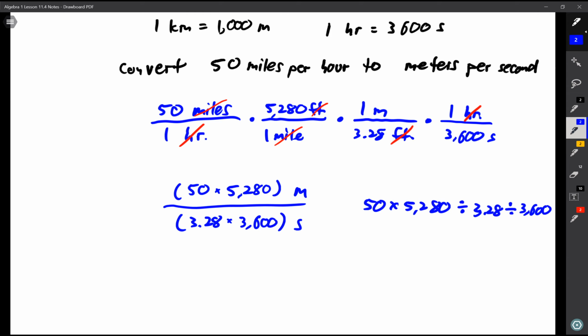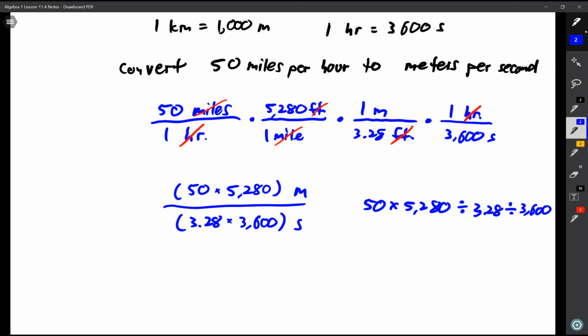Because I'm dividing by 3.28 and I am dividing by 3,600 because the 3,600 is also in the bottom. So then when you do that, 50 times 5,280 divided by 3.28 divided by 3,600, you get